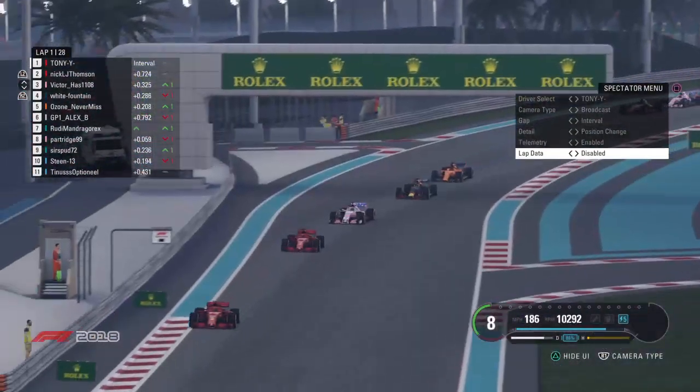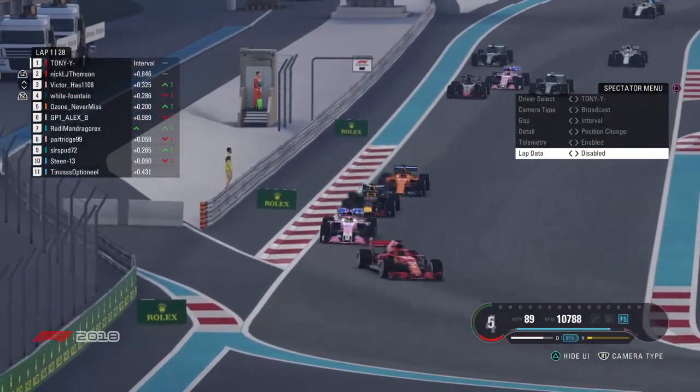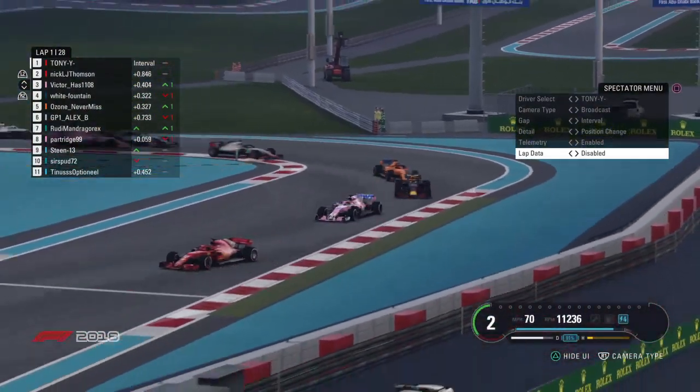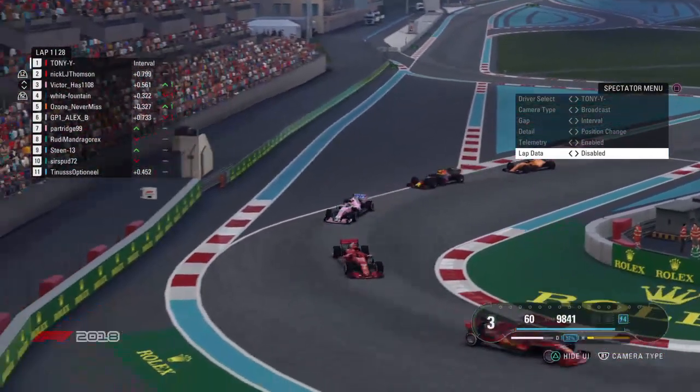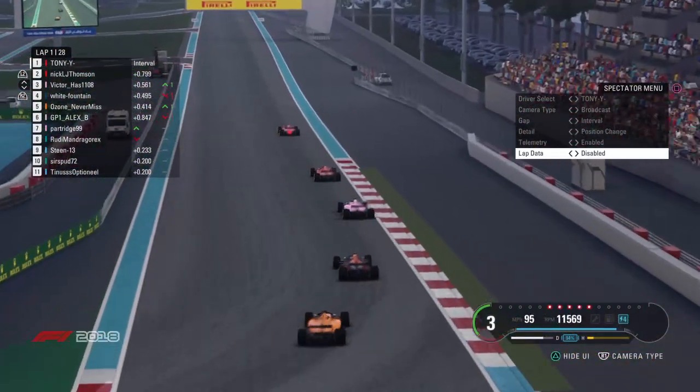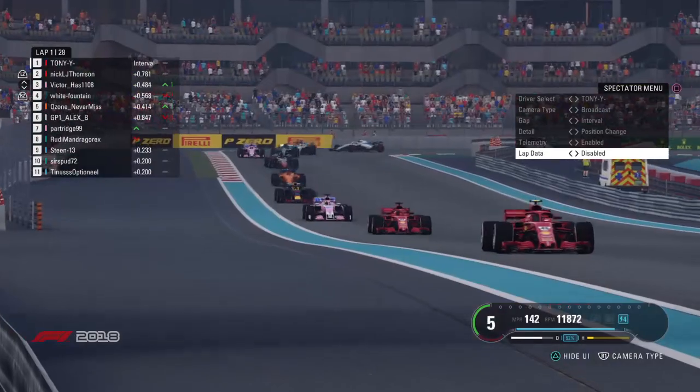So we've got Tony White with Nick, then followed by Victor, then White Fountain. We can see the Ozone in the McLaren bunching up there, followed by GP1 Alex, who's a little bit further back. We've got some action there in the background. Patch and Rudy swapping places by the looks of it. It's mingling at the back with Tynus and Sir Spud also, but Tony White is storming out into the lead